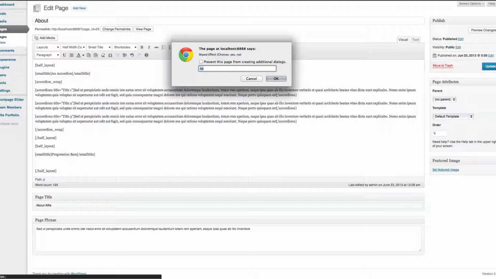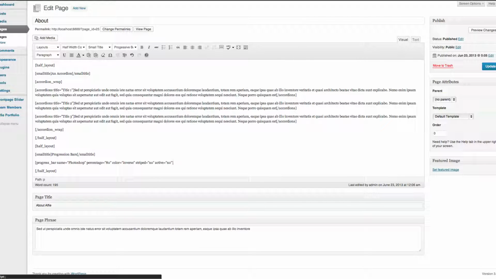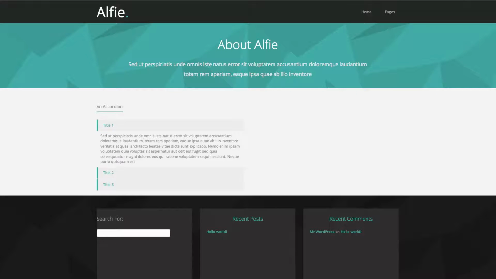Now it's asking if you want a striped effect. I don't. When you use inverse, do not use a stripe effect unless you're doing a moving one, which is called active on this. So it's asking if you want a striped effect. Type no or type yes. I'm going to say no. This is where it says, would you like the stripes to be active moving? I don't on this one. I'll show you all about that again when I'm doing shortcodes. I'm going to put no. If I update that and show you what it looks like,